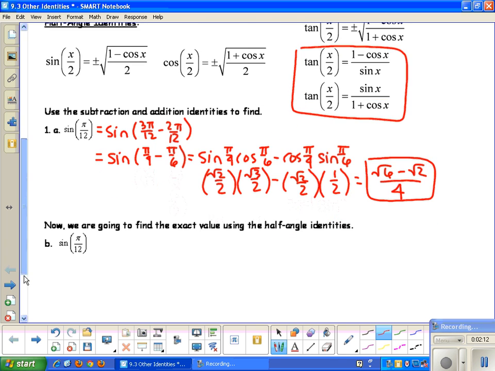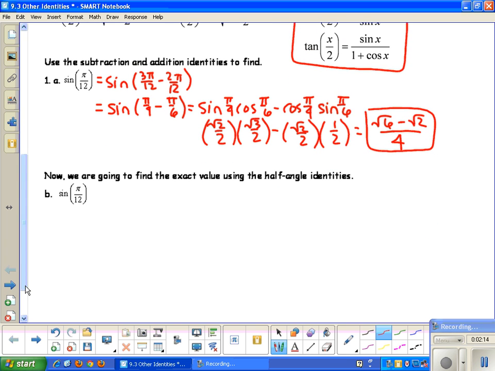So now we have another way that we can find the exact values, and it's using the half angle identities. So when you're using the half angle identities for sine, the first thing I would do is write out what my half angle identity is. So the sine of x over 2 is equal to plus or minus the square root of 1 minus cosine x over 2. Now for this, remember that in order to figure out what your signs are going to be